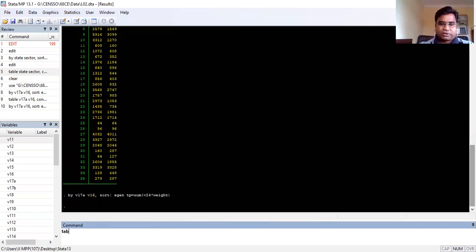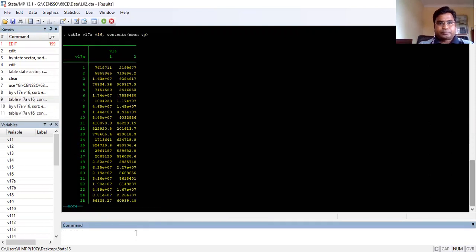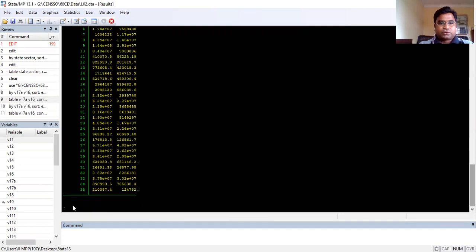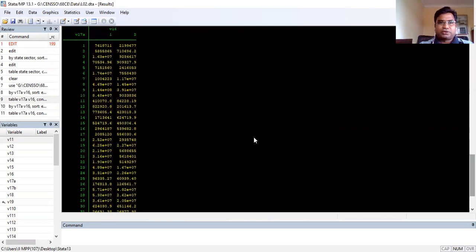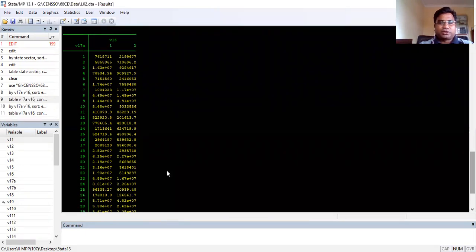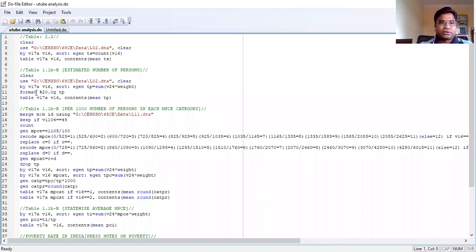Now once again, I can make use of this command. I don't need to type it once again. So here you can see these numbers with plus and to the power. These are numbers which have many zeros, so they have been raised to e to the power something. But if you just format those numbers, it will show you clearly what the exact number is. So I'll show you how to format those numbers.